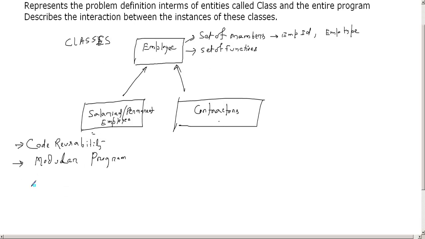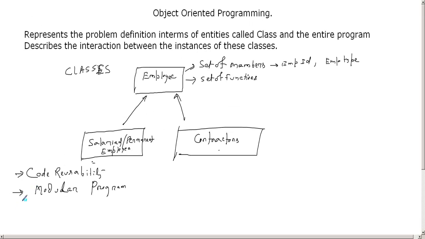For example, every employee present in the company can be represented as an employee class. This employee class has a set of members like employee ID and employee type, and a set of functions like calculate salary,